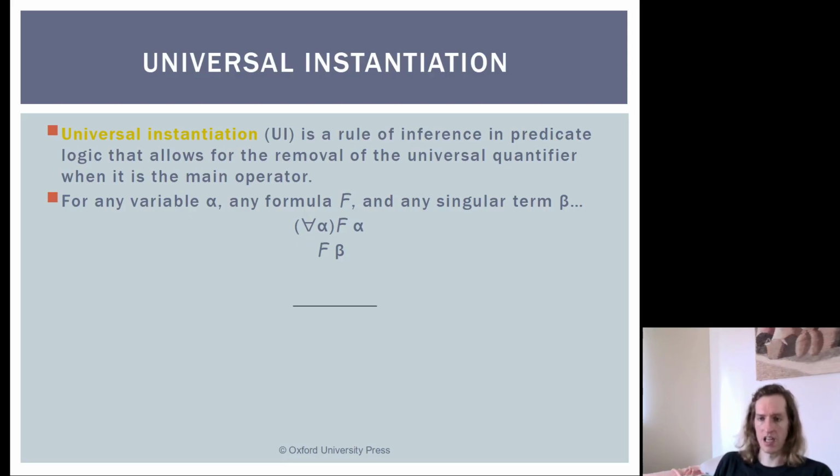So universal instantiation is a rule of inference in predicate logic that allows for the removal of the universal quantifier when it is the main operator. This is very important. In order to use universal instantiation, the universal quantifier has to be the main operator of the formula that you're applying it to. So for any variable alpha and any formula f and any singular term beta, we get